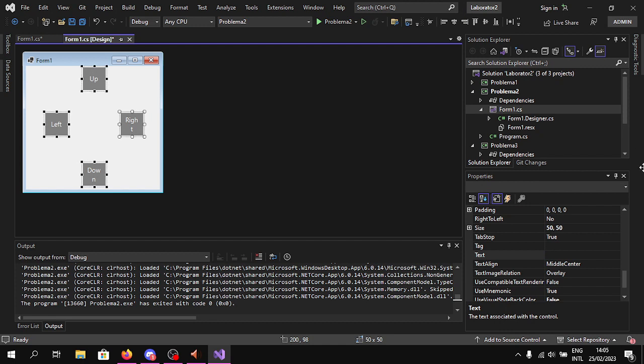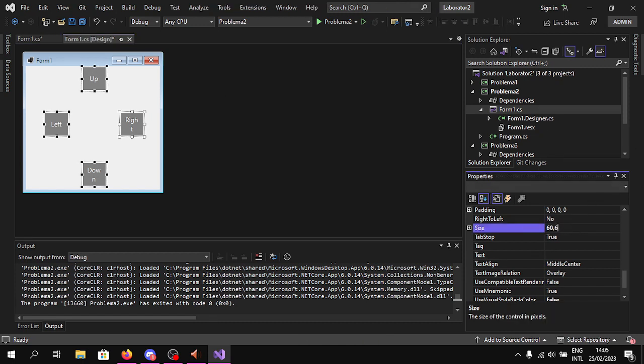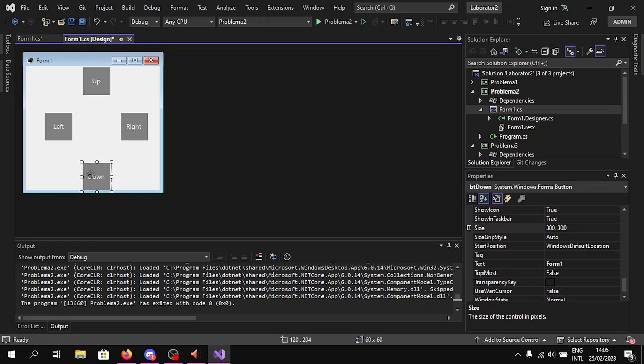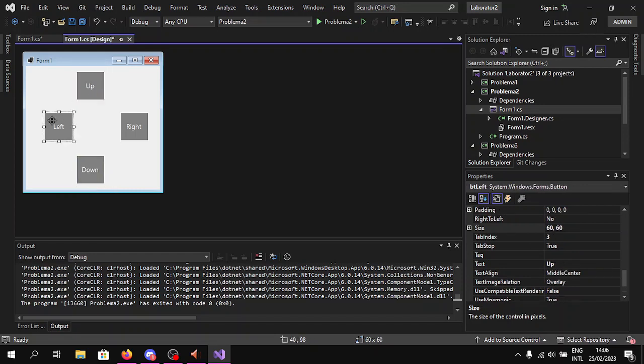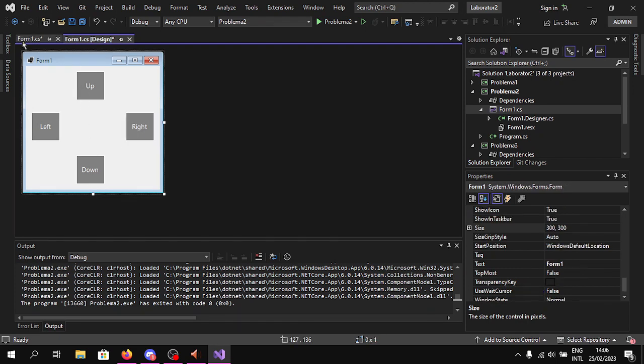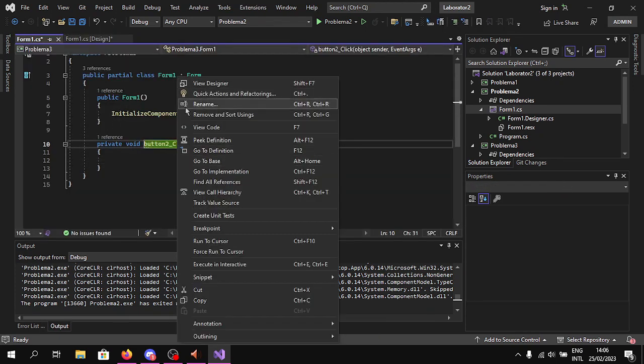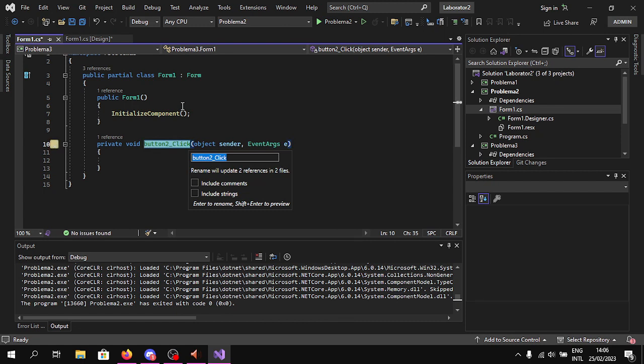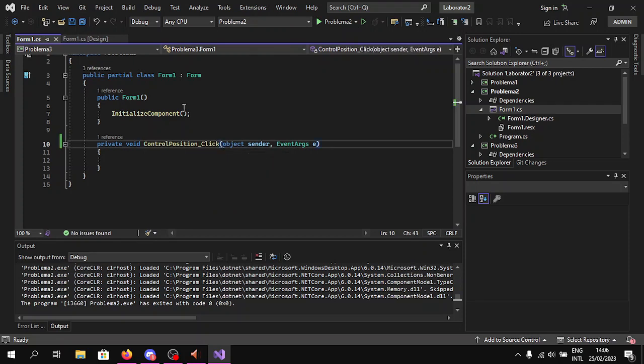Bubbles. 60 by 60 works. Let's rename it to console pause position / click. So button equals